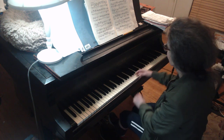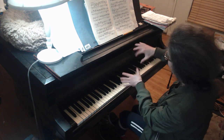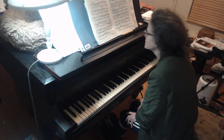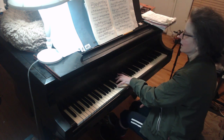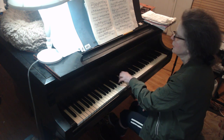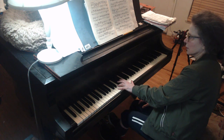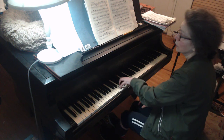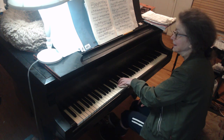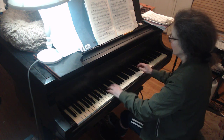The left hand is going down with the right hand and creating, again, the broken chordal effect. It's still chordal in a sense. Now here, it's interesting, he finally has that cadence in D major, which is the dominant of G major, and he has these parallel thirds. So he has